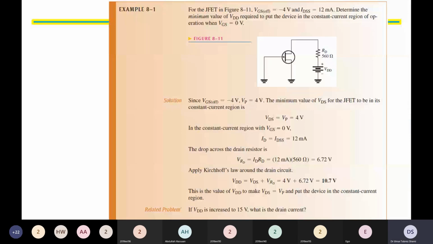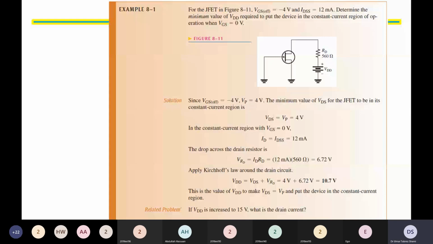Example number 8.1. The statement of the example is: for the JFET in figure 8.11, VGS off is minus 4 volt, IDSS is 12 milliampere. Determine the minimum value of VDD required to put the device in constant current region of operation when VGS is equal to 0. So in this example, we have to find the value of